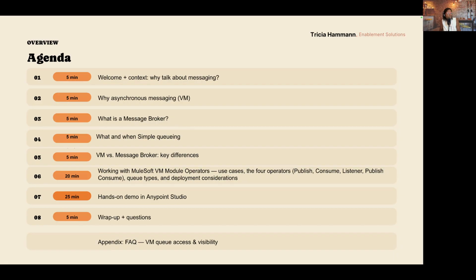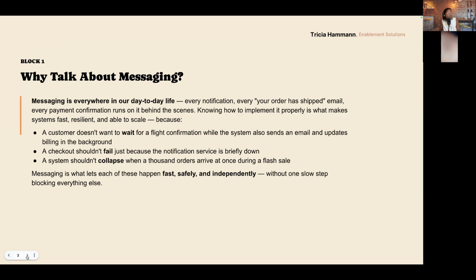According to my experience, when I'm teaching the VM connector, I get some questions. They are always the same, and I just collected them together, and these are just 3 of them, very important ones, so that you can have them in case you are getting ready for the certification. I hope the whole content will help you to understand the meaning of the VM connector. And let us start talking about why messaging.